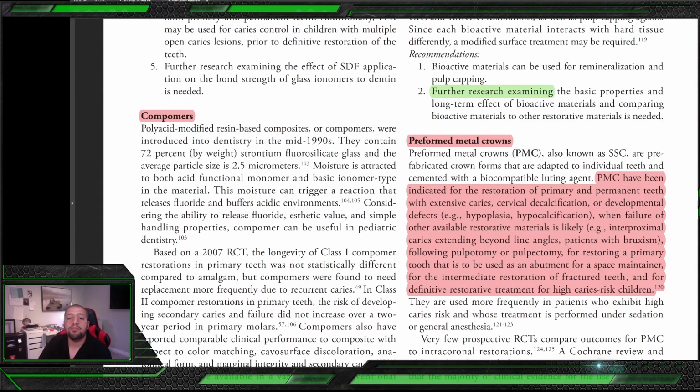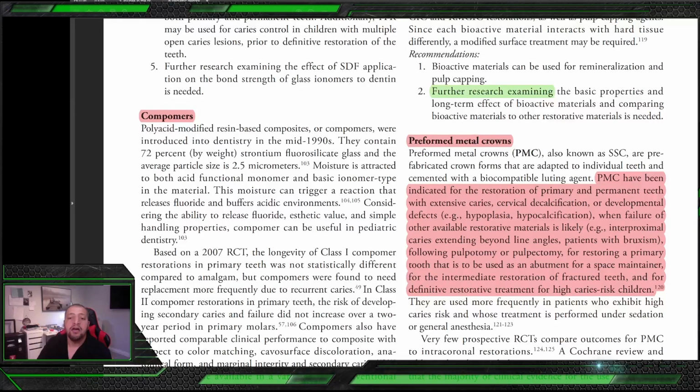And then we're gonna speak about preformed metal crown or PMC or Stasi crown. PMC or SSC have been indicated for the restoration of primary and permanent teeth with extensive caries, cervical decalcification, or developmental defect, hypoplasia, hypocalcification, when failure of other available restorative material is likely. When interproximal caries extending beyond line angle. You remember I told you this before. Patient with bruxism, if you give him class 2 composite, it will not be working because he will break it